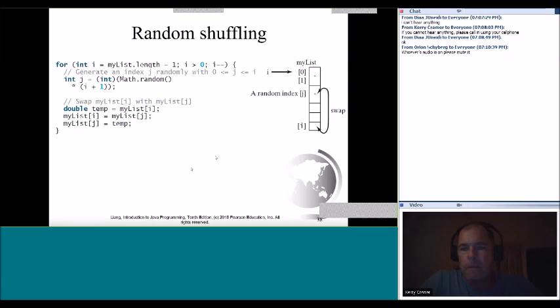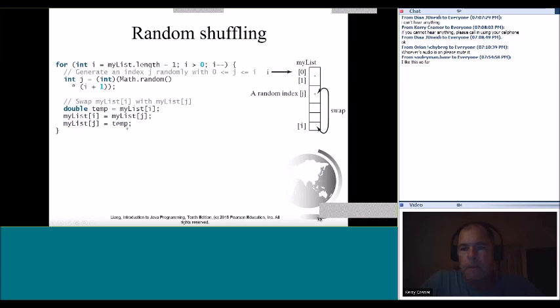All right, now this is a little tricky here, and this is random shuffling. I don't know that there's that much of a need to do that, and I'm not going to step through each one of these lines of code, but this is another for loop using i and j loop control variables, and it's doing some random generating and swapping. I'll let you follow the logic in this at your leisure, but if you have a need to shuffle elements in the array,